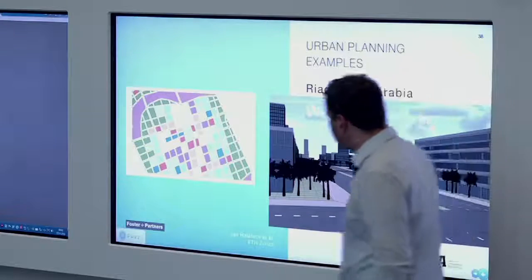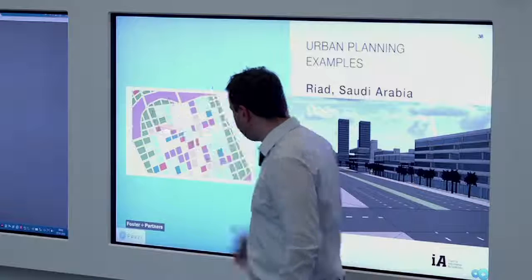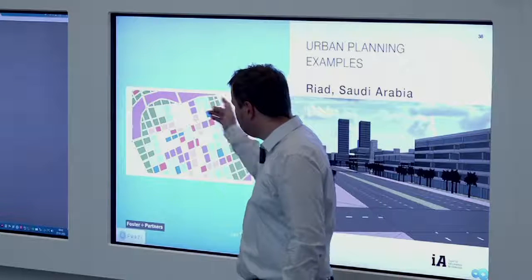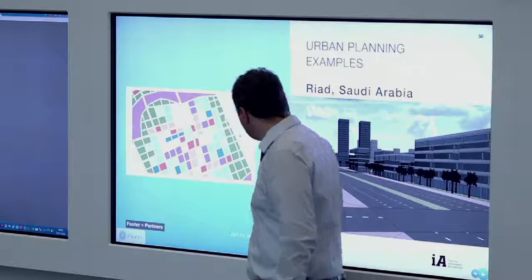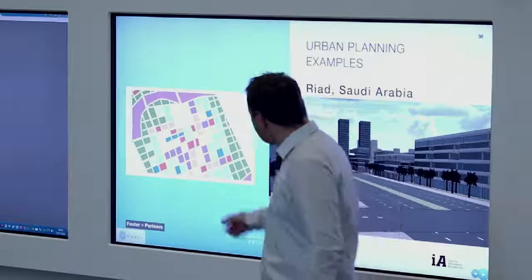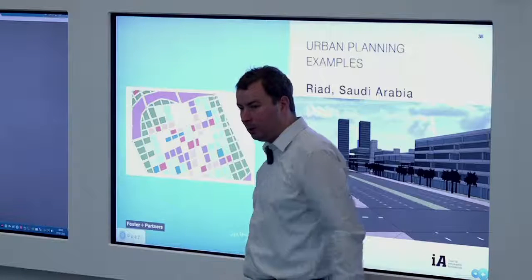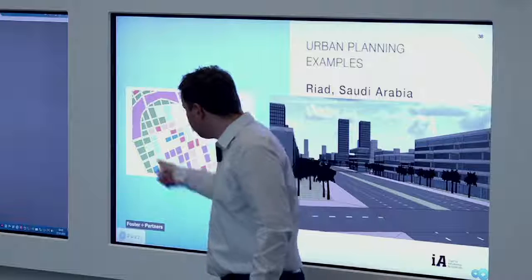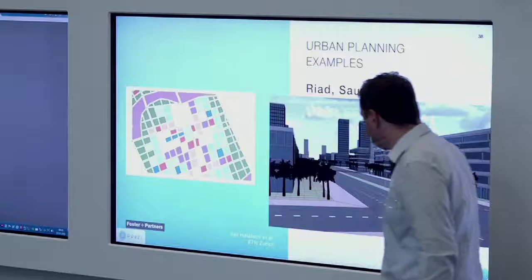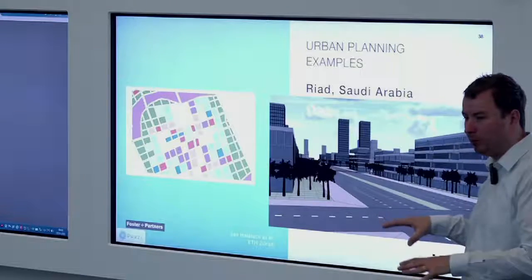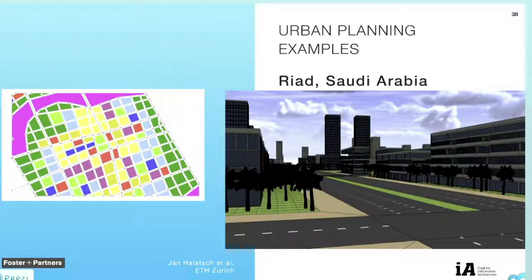Or we had, for instance, a zoning plan given for a district in, what was it? In Riyadh, yeah. For Riyadh it was 2 by 2 kilometers in size. And we had just the information from GIS, and Foster and Partners wanted to make a quick layout. What will the city look like with all the features that they wanted to have inside? Looks more like Dallas, but